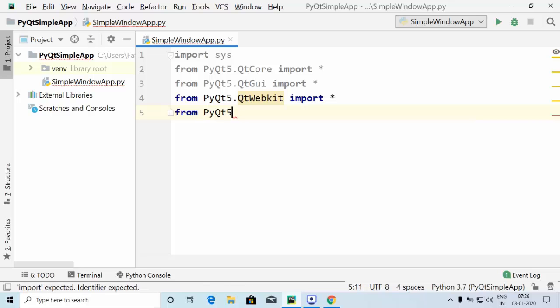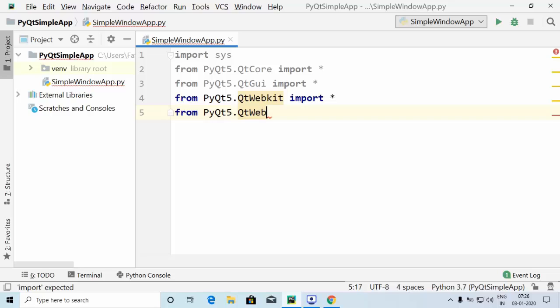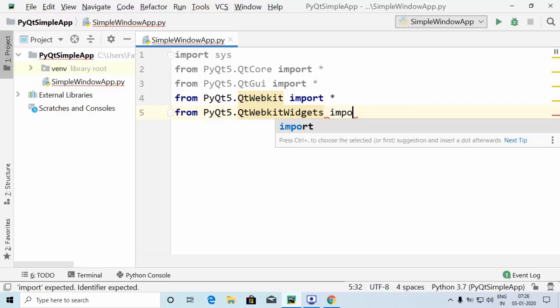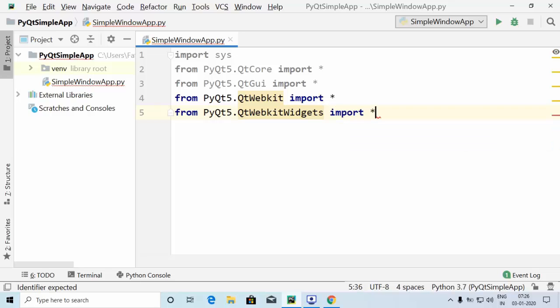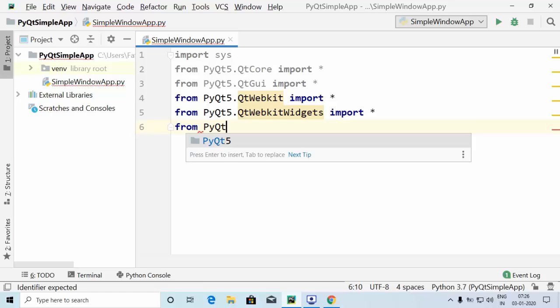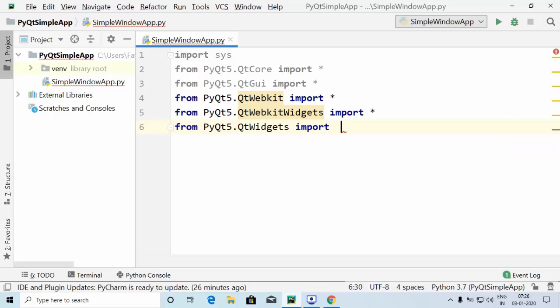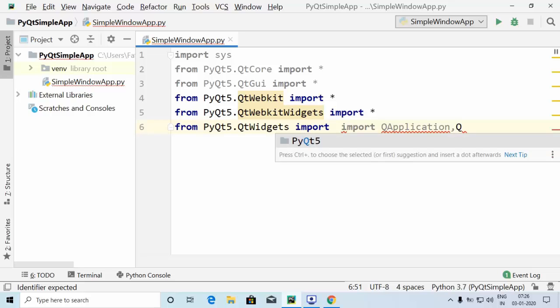Then the next step: from pyqt5.qtwebkitwidgets we are going to import star. So we have imported qt webkit widgets. Lastly, from pyqt5.qtwidgets I'm going to import QApplication.